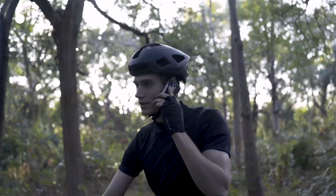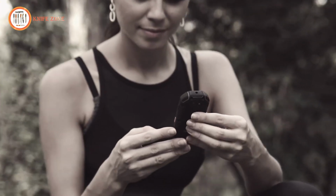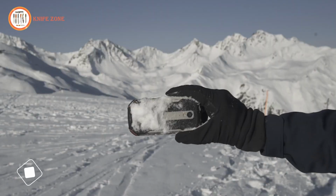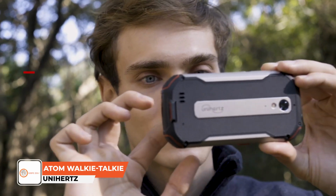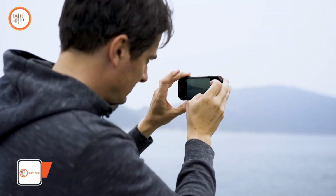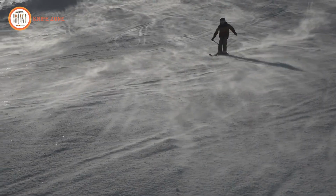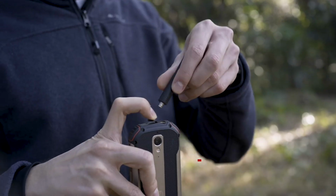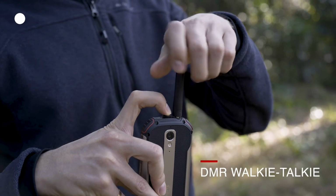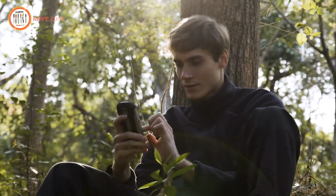When you're adventuring in remote or rugged environments, staying connected and having a reliable communication tool is essential. The Unihertz Atom Walkie-Talkie is the ultimate outdoor companion, combining a 48 MP camera, a 4-inch screen, and rugged durability. Waterproof, dustproof, and shockproof, this phone can withstand the harshest conditions. With the added DMR walkie-talkie function, you can stay connected even when there's no cellular network, making it perfect for